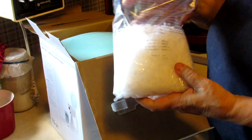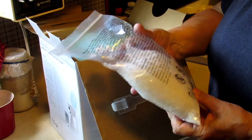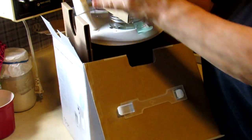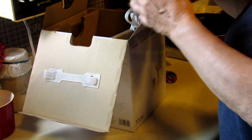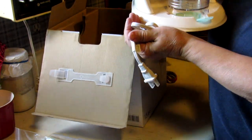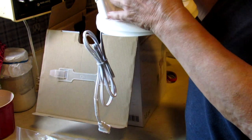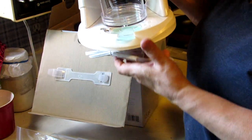it comes with a bag full of wax beads. So that's cool. And then it has, oh look, it's electric. You plug this in, I guess, and I guess you put the wax in there and it melts or something. I'll read the directions, but